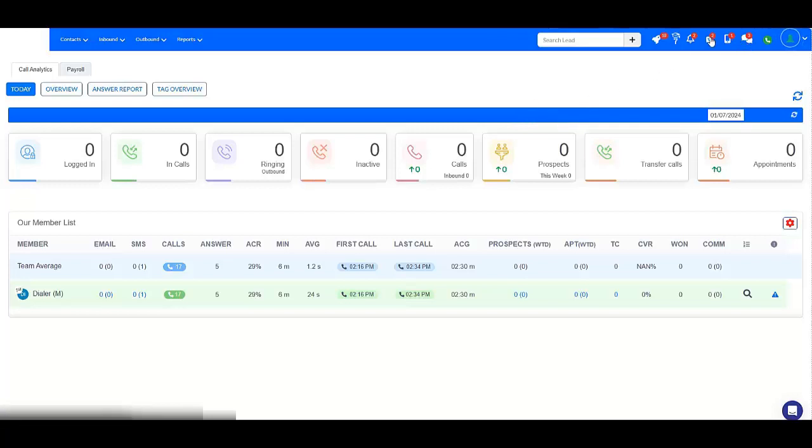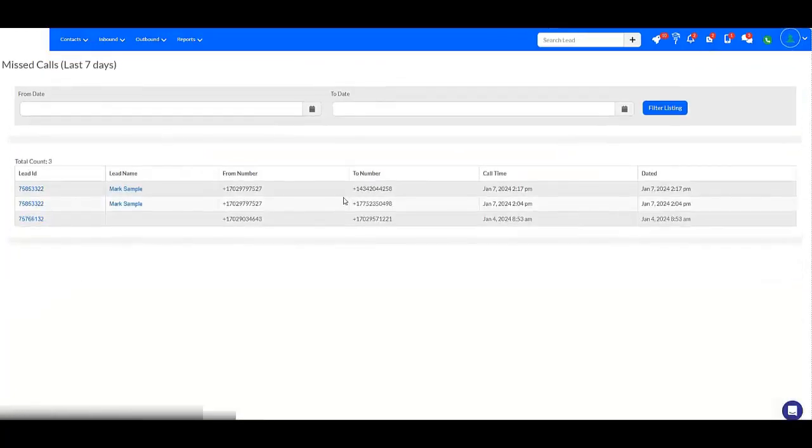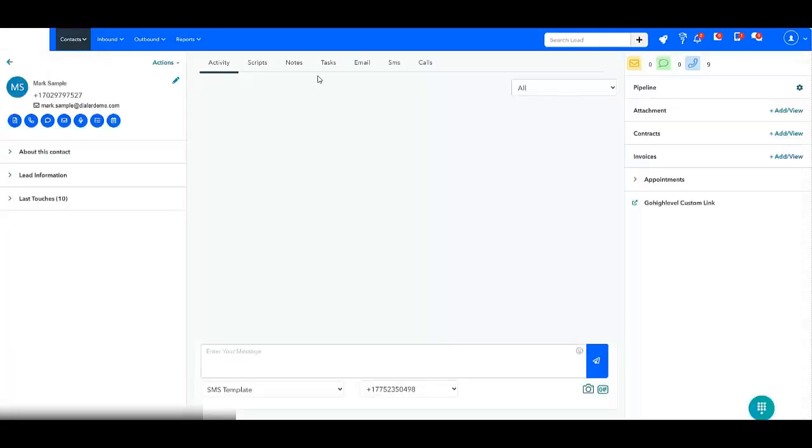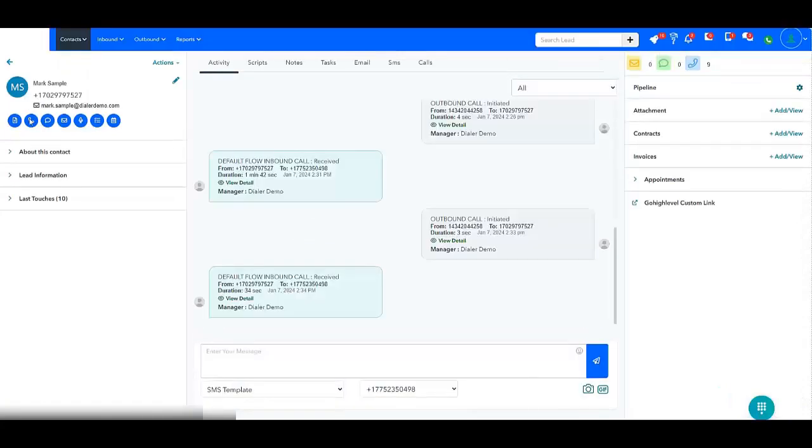So if I want to look at my missed calls, I just click here on missed calls and they'll show up here. Now I have the ability to open the lead and call the lead back. If I just click on the lead name, it's going to open up automatically for me, and I can select the call button here to call them. I can also send them a text message here. So if I click on call,